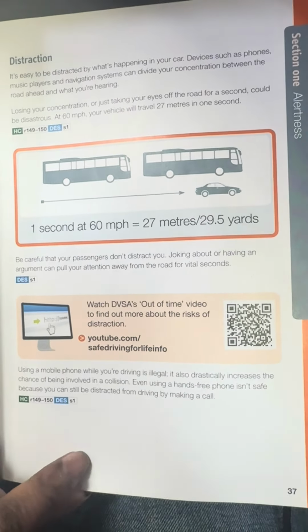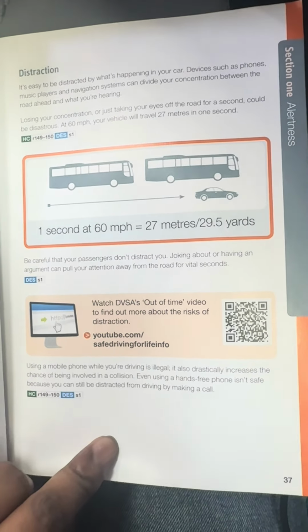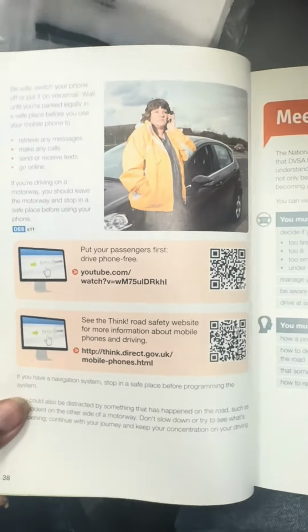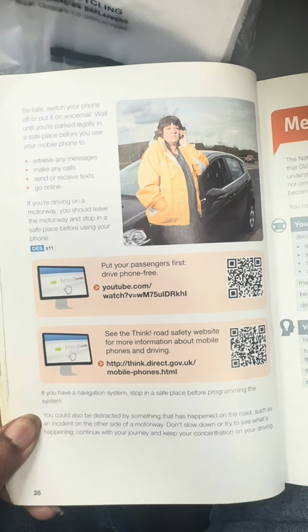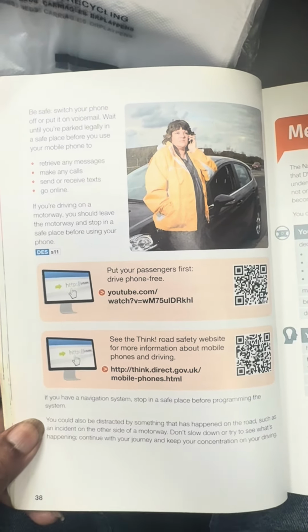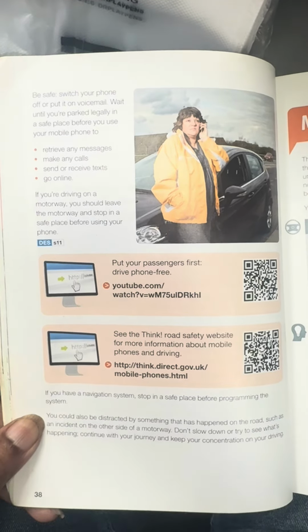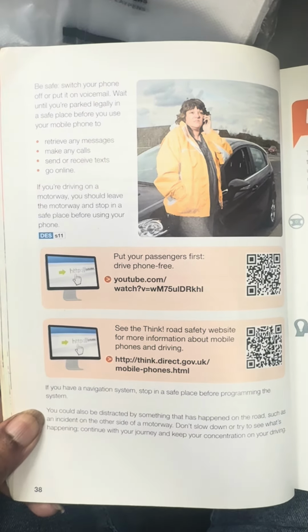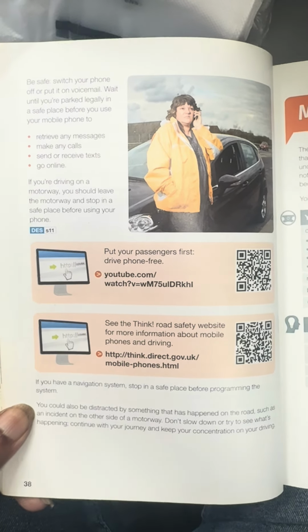Even using a hands-free phone is not safe because you can still be distracted from driving by making a call. Make sure that you stay safe. Switch your phone off or put it on voicemail. Wait until you're parked legally in a safe place before you use your mobile phone to retrieve any messages, make any calls, send or receive texts, or go online. If you're driving on a motorway, you should leave the motorway and stop in a safe place before using your phone. If you have a navigation system,